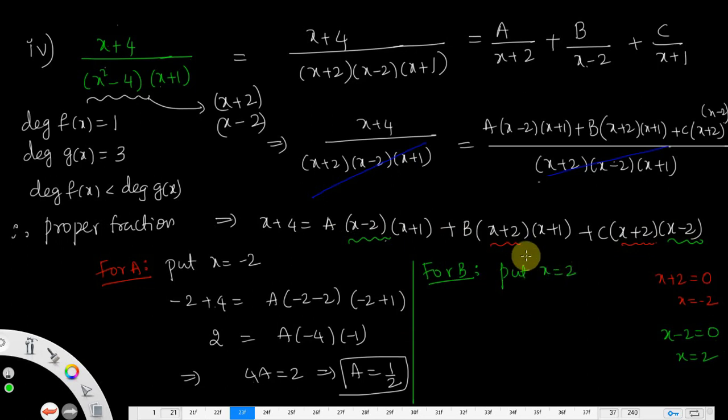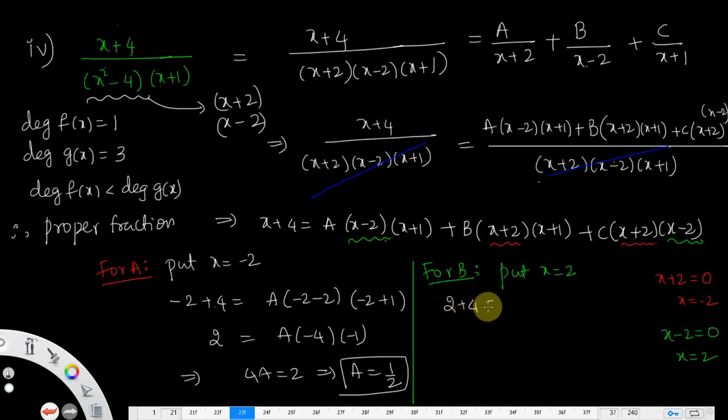Why? Because put x equal to 2, then a becomes 0 in the expression and c also becomes 0. Then you get the value as b. So put x equal to 2 in this expression. Then 2 plus 4 equal to,